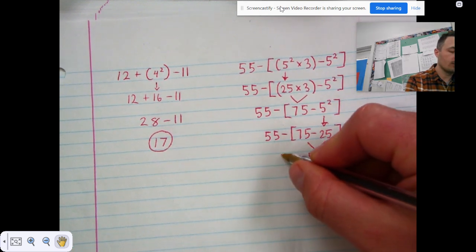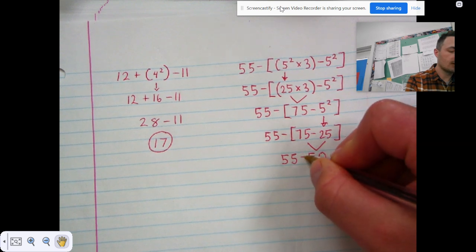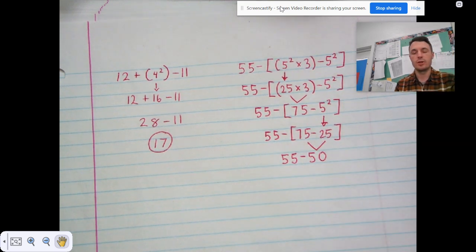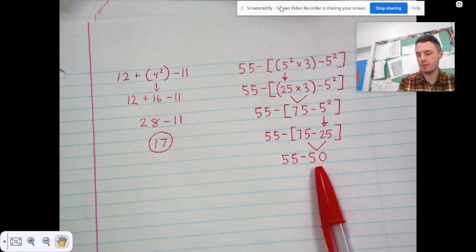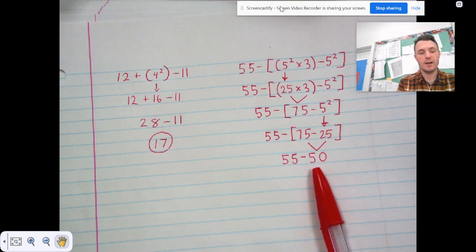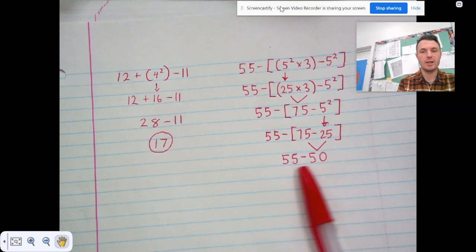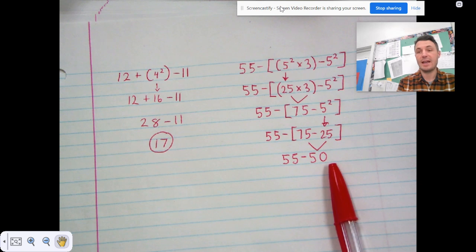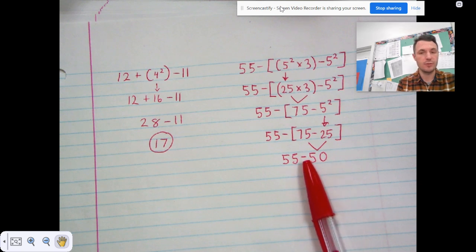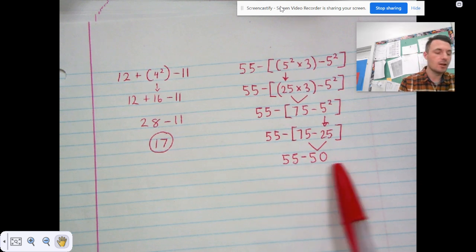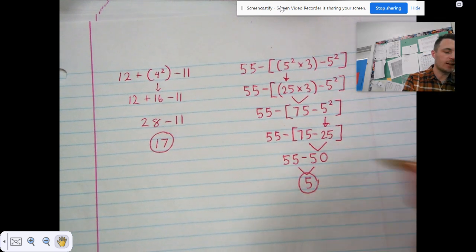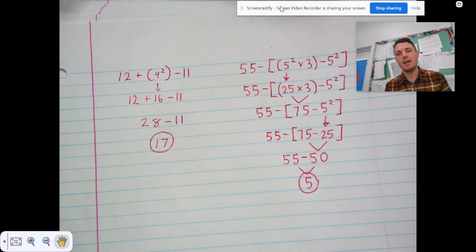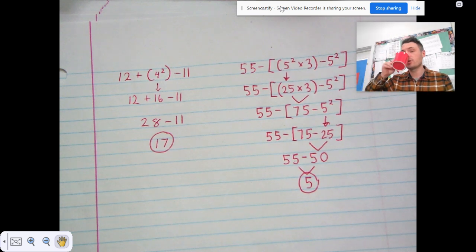And now we bring the part of the problem that we haven't done yet around the part we have done. We finished with parentheses. The step after that is exponents. We don't have any exponents to do. Then it's multiply and divide from left to right, but we don't have any multiplication to do. And the step after that is add and subtract from left to right. We do have subtraction to do. 55 minus 50 is 5. And that's the final answer. Okay, so that's how you use the order of operations to solve